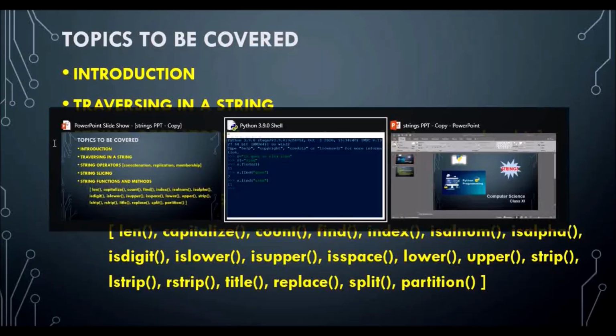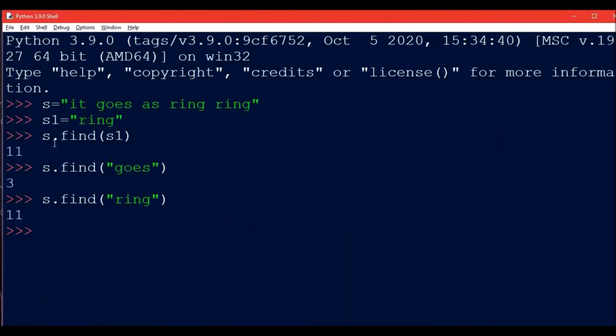So both work similarly, but the only difference is, if I write s dot find and I am writing a substring that is not present over here, like if I write the, in this case I will get the answer as -1.